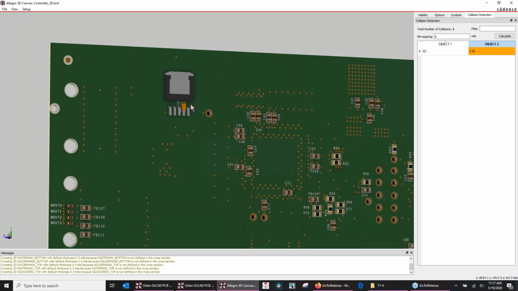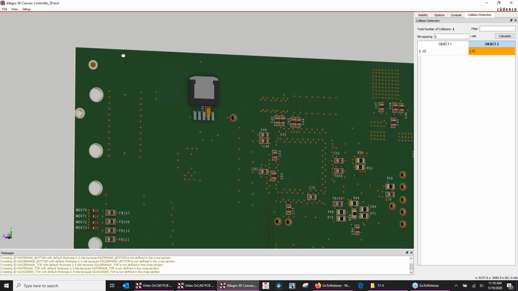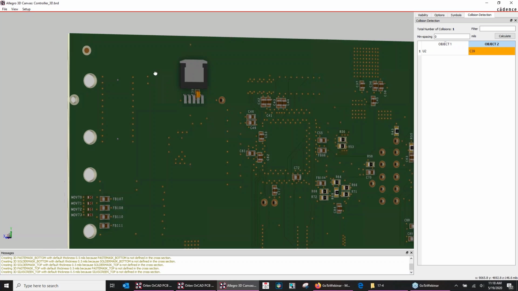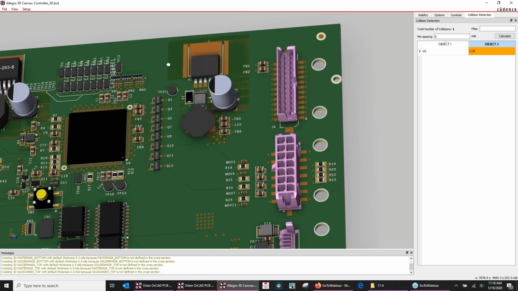Now, in the embedded part, and that would be in the Allegro miniaturization, you can embed parts. Then when you go into 3D, you're literally going to see visually your embedded parts down in your FR4 material, if that's the material you're using on that design. You would literally see your embedded parts and you would have that height that you could see in real time in the 3D. Understand this is no longer just a 3D viewer. This is literally a route